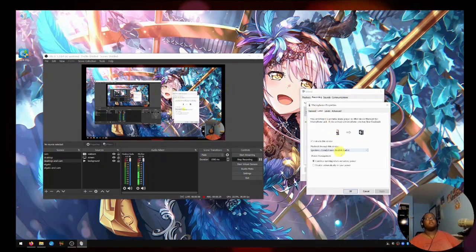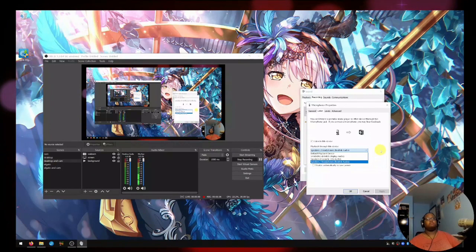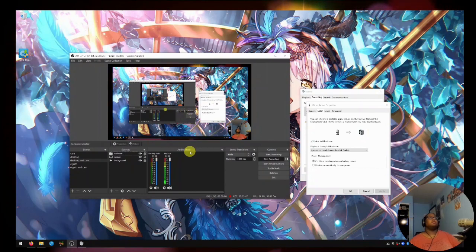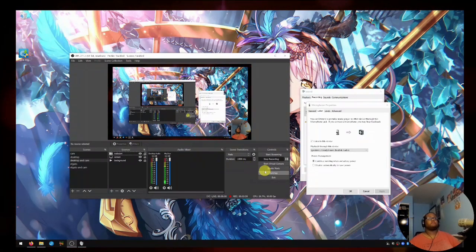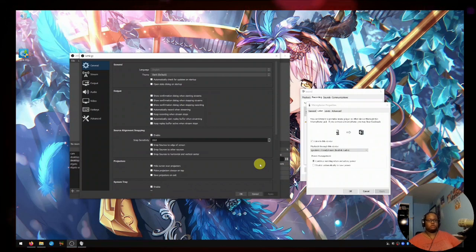So you click here, click listen to this device. Then you go to which one your device is. Mine is Realtek Audio. So I click that one. Press apply, and then once you press apply, you should have it in OBS. So then you open up OBS, and then you go to settings, and then you basically go to audio,